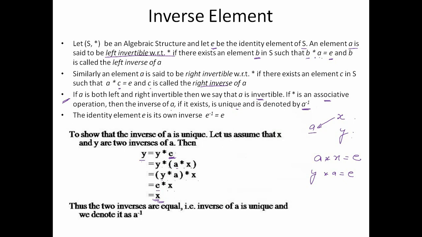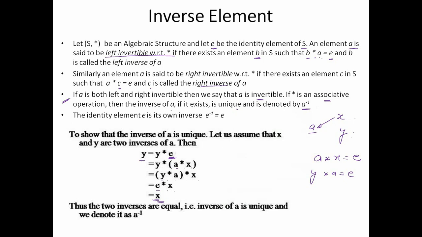Another important point to keep in mind is that the inverse element depends not only on the element but also on the operation. Let's take an example. Let's take the set of rational numbers, and if I say that the operation is addition. So for addition, for the set of rational numbers, the identity element is 0. So for, let us say, a rational number 1/2, the inverse element of 1/2 will be minus 1/2. Why? Because 1/2 plus minus 1/2 is equal to 0.